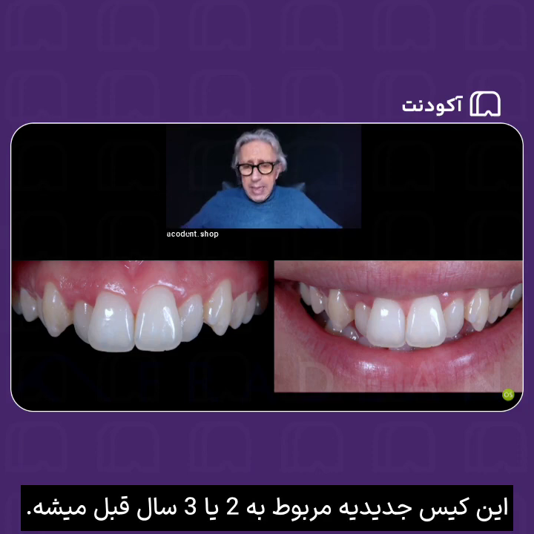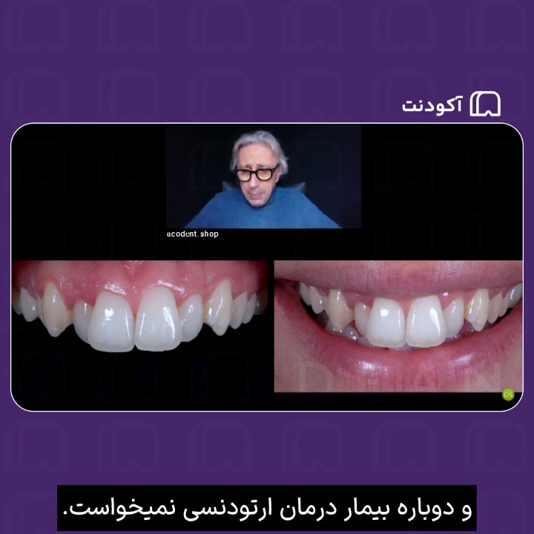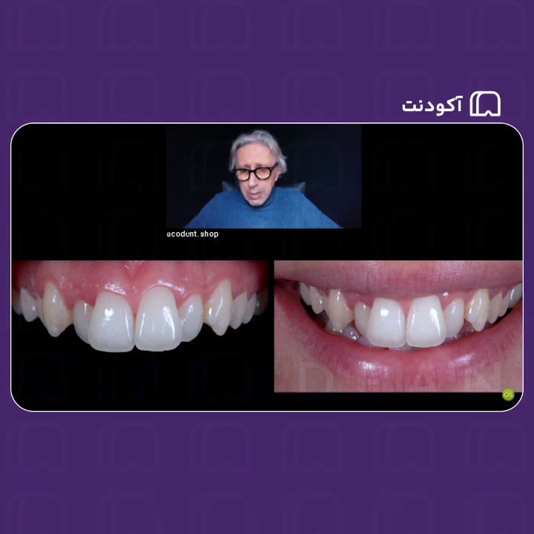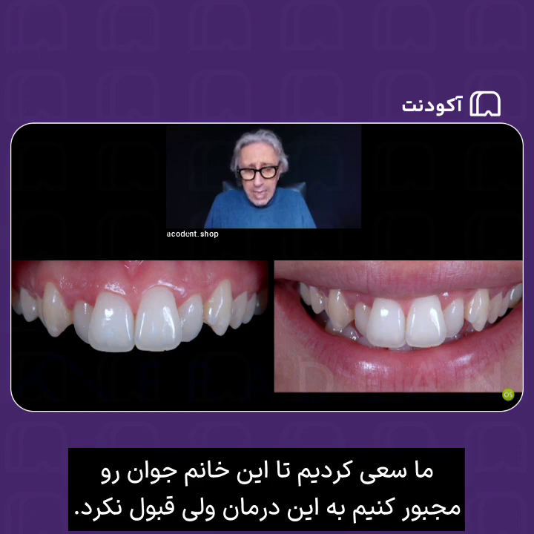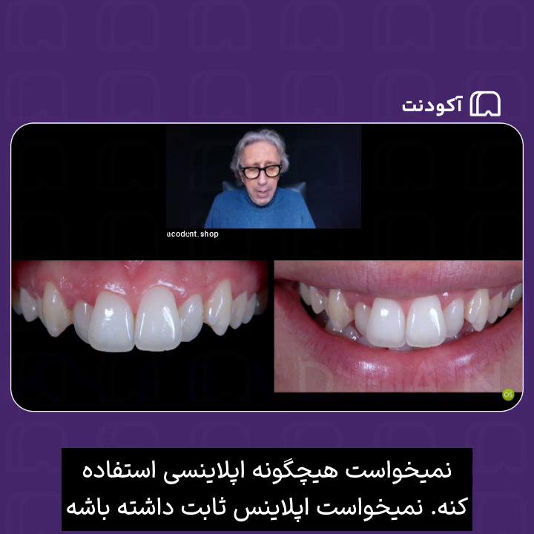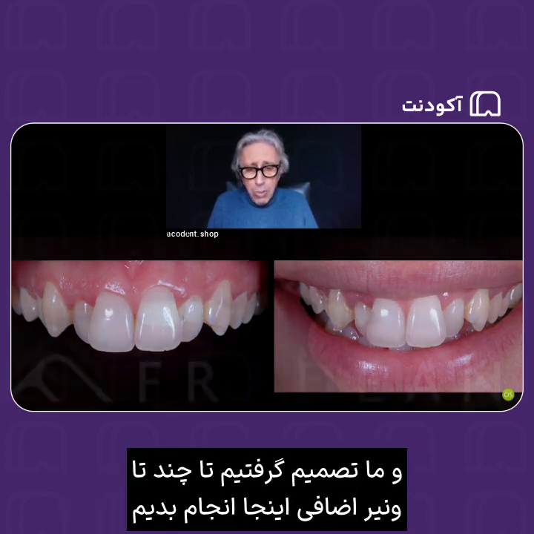That is a case that was made only 2-3 years ago, so a very recent case. And the patient, again, needed the orthodontic treatment. No story, that's the best solution for sure. We tried to force this young lady to do it, but she didn't want it. She didn't want to have any fixed appliance in place, and we decided to do some additional veneers in